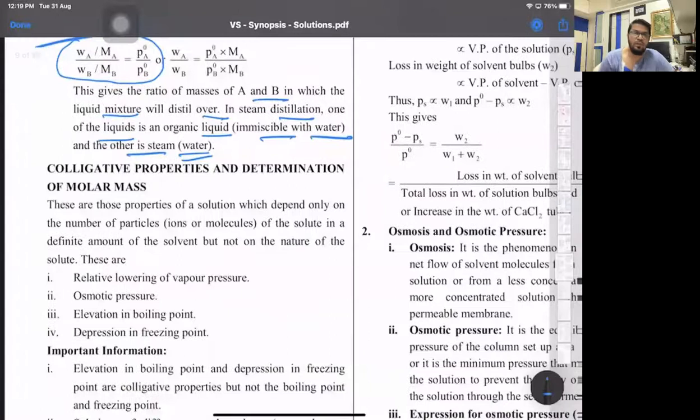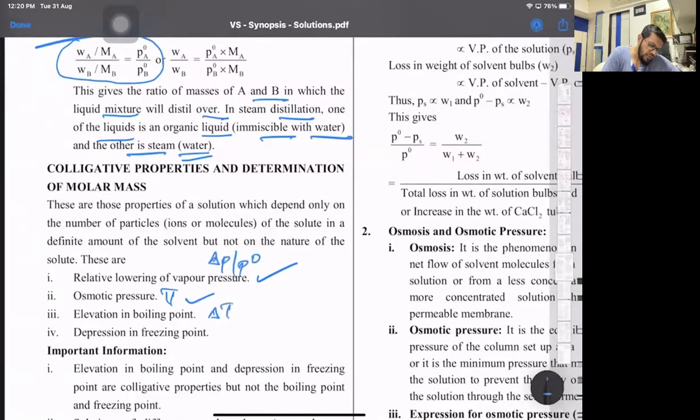Now comes colligative properties. Colligative comes from the Greek word colligatis, meaning collected together. Those properties which depend on the number of particles present and do not depend on the nature of the solvent, those are called colligative properties. Like relative lowering of vapor pressure is equal to mole fraction of solute. So the more the solute particles, we will say greater will be the relative lowering. Osmotic pressure, that's pi. External pressure required to stop osmosis, that's delta P upon P naught.